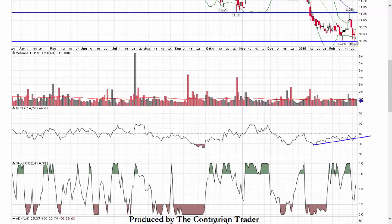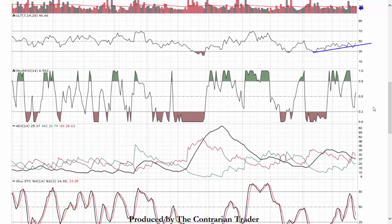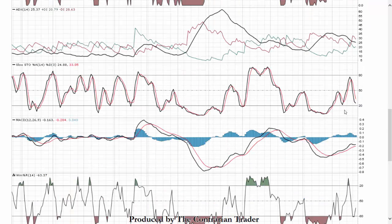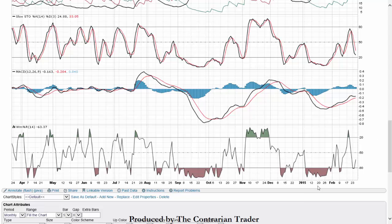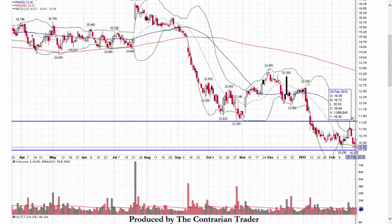Volume today was good, above average. Ultimate oscillator heading higher, higher lows on Stoch RSI. Watch your Stochs, see if they loop higher. Higher lows on Williams %R. So short term, I'm constructive on it. Longer term, intermediate term, I'm skeptical because I know for a fact, because I did my homework on the stock,